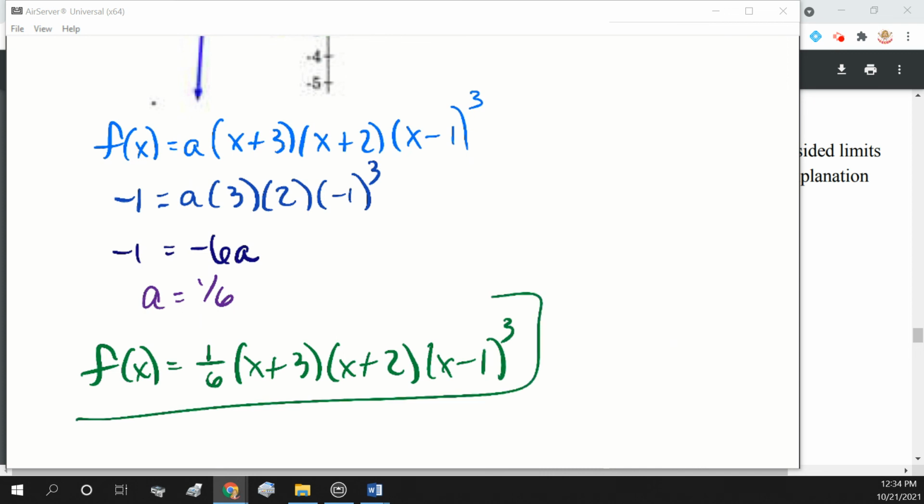Okay, so on that one, you should get that a is 1/6. Be careful on this -3 cubed. So anytime you cube a negative, it does give you a negative. All right, so you guys just finish the rest of this. If you have a question, let me know. I'm going to hand back a bunch of paper